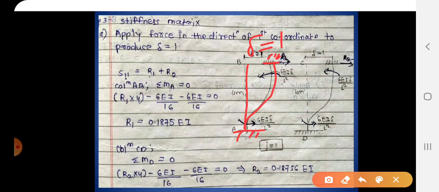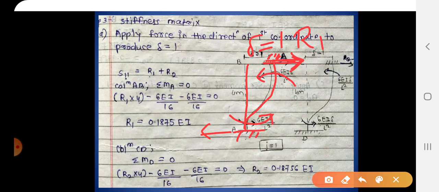This is similar to the case of sinking of support, but here we will say that this is due to sway of frame. Therefore, due to sinking of support, moments get introduced at minus 6EI delta by L square and minus 6EI delta by L square. You can see these 2 moments are anti-clockwise moments. So in order to keep this column AB in equilibrium, the reaction at B and reaction at A shall produce clockwise moment. Therefore consider this reaction R1 as towards right.